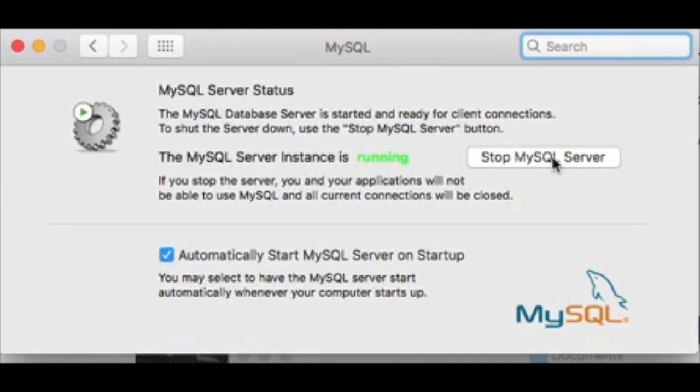Now to test the MySQL server, go back to the terminal and type cd /usr/local/mysql/bin followed by sudo ./mysql -u root -p. Now terminal will ask for the MySQL password. Copy and paste the MySQL password where you have saved it. Then click enter. Okay, so now you are in MySQL.